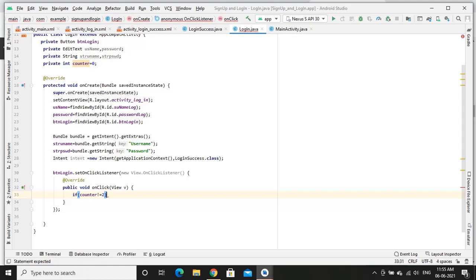If it is not equal to 2, then I test for the equality of password and username. So here I am testing whether the given username and password is the same as whatever I have given in the sign up page.